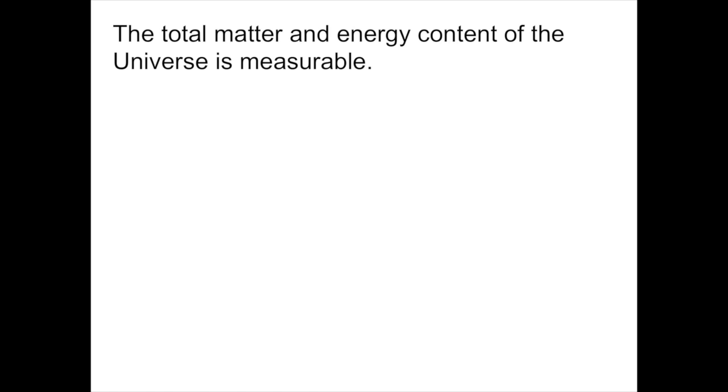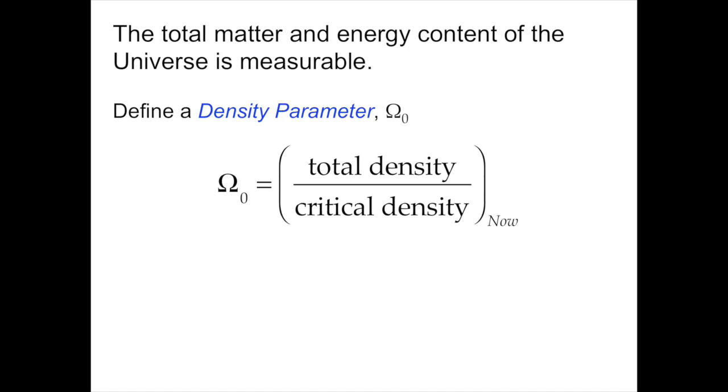We measure it and define what we call a density parameter, omega naught. Omega naught is defined as the total density of the universe divided by the critical density that's required to make the universe geometrically flat. And the little subscript 0 here is the recognition that we define this density parameter at the present time. We make an assay of the energy density content in the observed universe. This is the total density, and it is in principle observable. And we divide that by the critical density, how much matter and energy density the universe must have to make it geometrically flat.